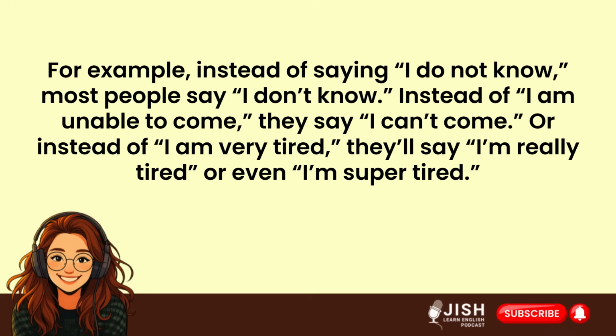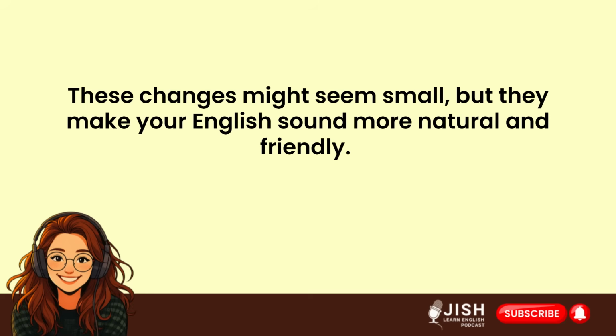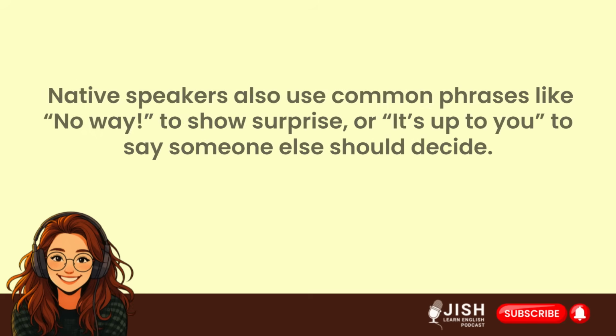Or instead of, "I am unable to come," they say, "I can't come." Or instead of, "I am very tired," they'll say, "I'm really tired," or even, "I'm super tired." These changes might seem small, but they make your English sound more natural and friendly. Native speakers also use common phrases like "no way" to show surprise, or "it's up to you" to say someone